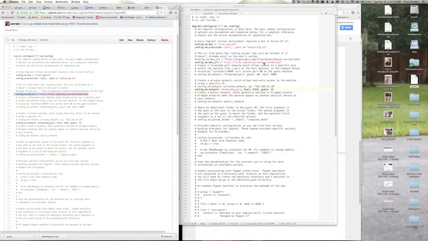The first time you do a vagrant up, it'll take maybe 5-10 minutes to download the box file. If you're using the Ubuntu box files, they're pretty small, a couple hundred megs, so they come down pretty quickly. And then they're set up at that point. You can do something called vagrant ssh, and you can get into the box.